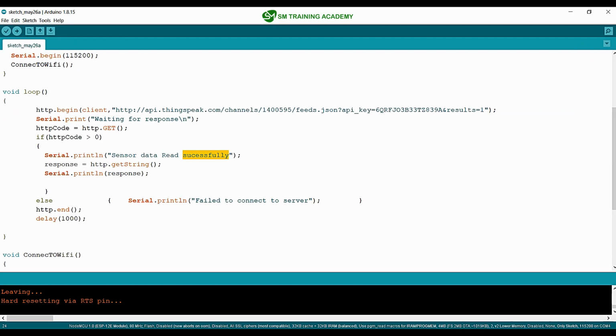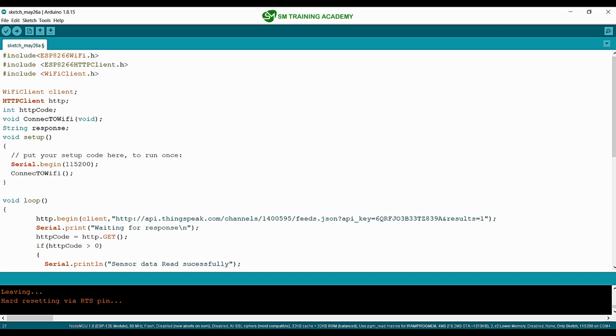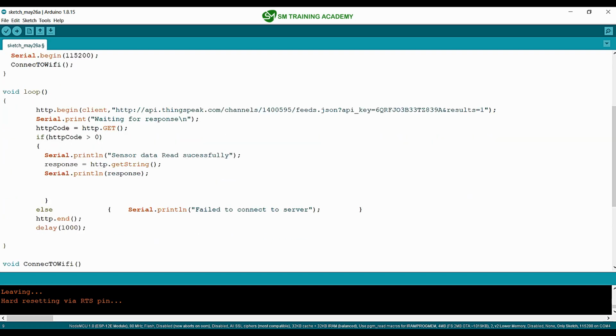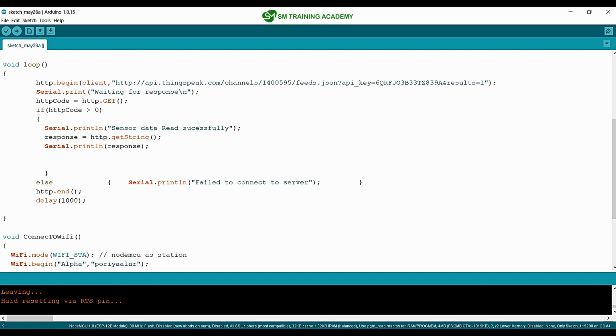Coming to our programming, we got the response successfully, but after we get the response, we are going to declare two more variables, as I said, string variables begin string and end string. Next, we are going to use another variable called result for storing the result data that we fetch from the string.